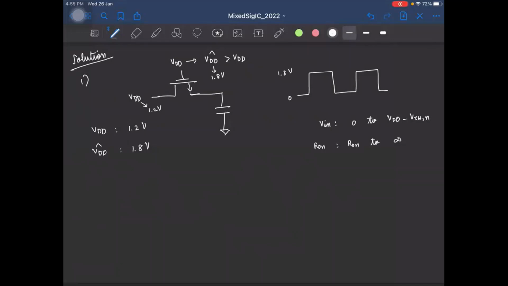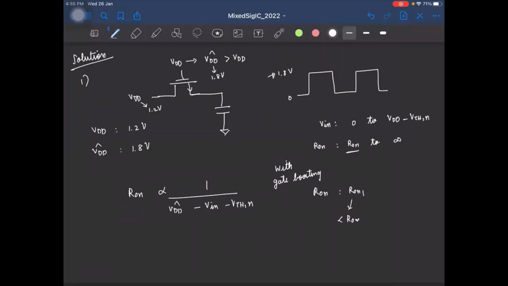But now when you boosted the gate voltage, so with gate boosting, what happens to R on? When the input is 0, it is some R on 1, right? And this R on 1 is lesser than the value you got for the earlier case, okay? Because you have increased the voltage to the gate, right? Remember that the on resistance was inversely proportional to the gate to source voltage, right? That is VG minus Vin minus VTH, right? And in this case, VG is